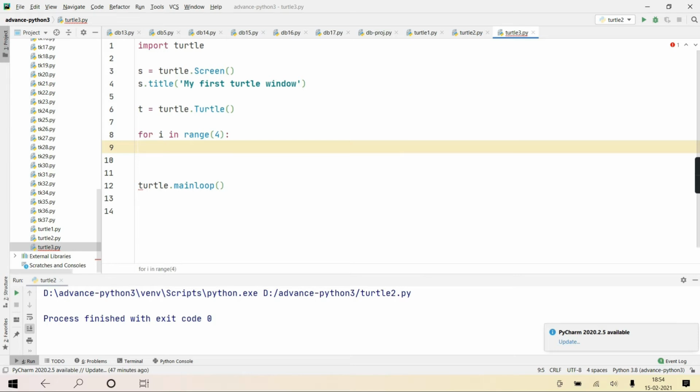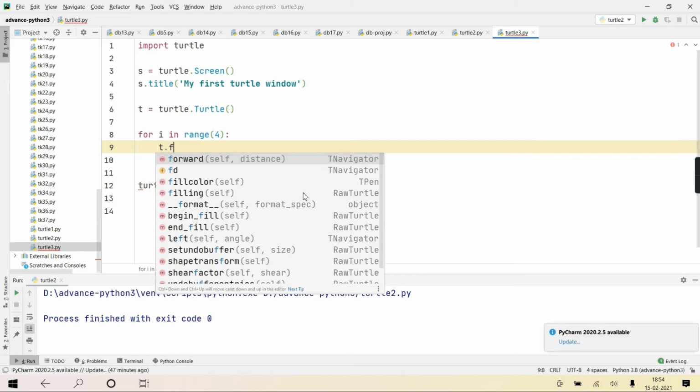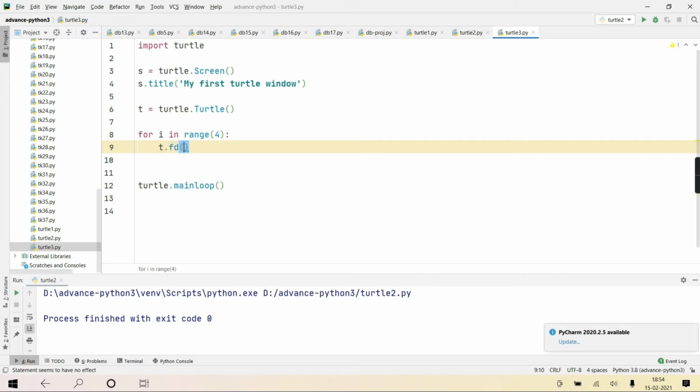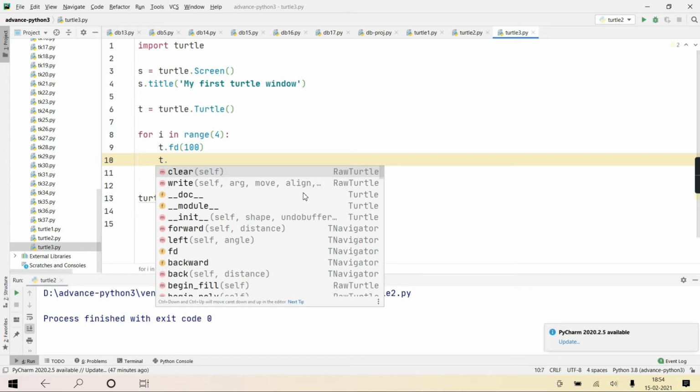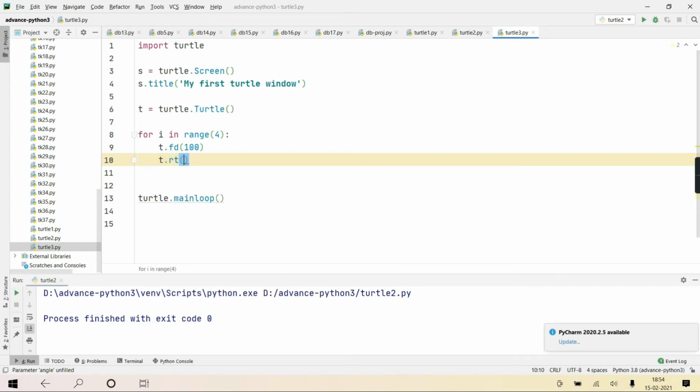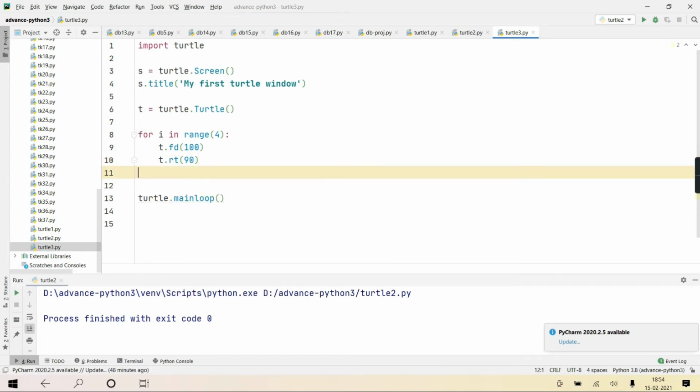When we say range 4 it means it's going to work for 4 times, isn't it, all of you? 4 times. 4 is exclusive, no? 0, 1, 2, 3 means 4 times. Okay, and then t dot forward 100 and t dot right 90. Check this.